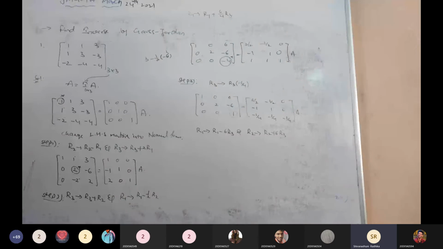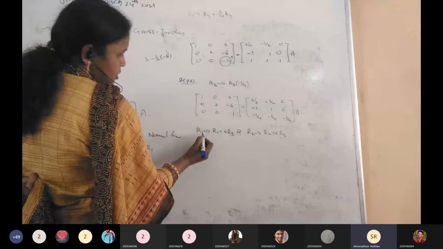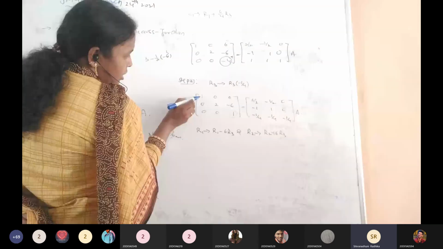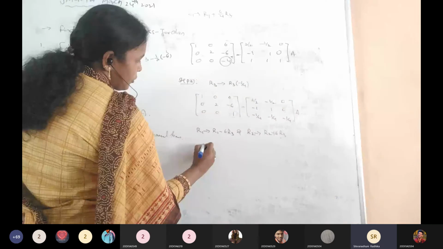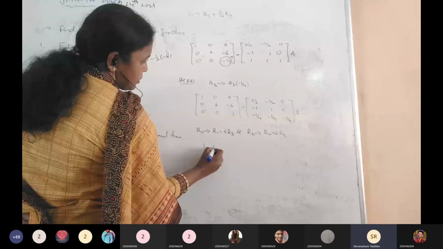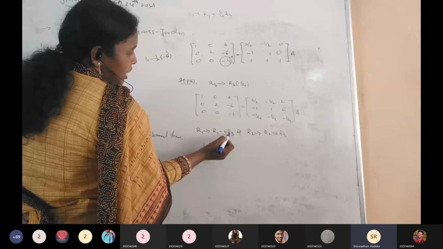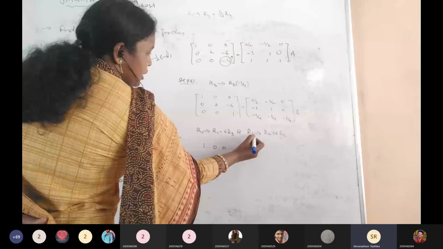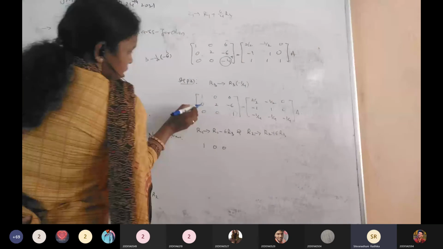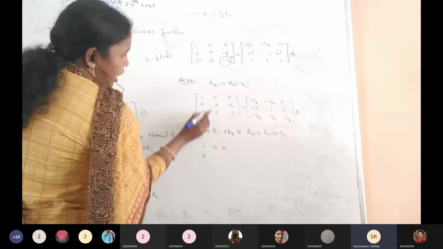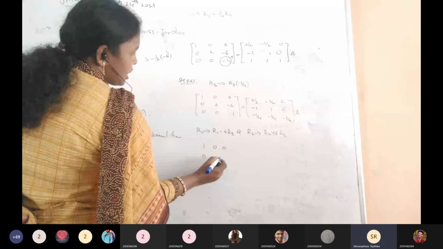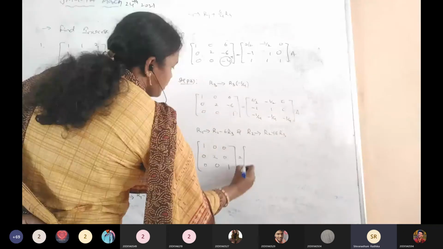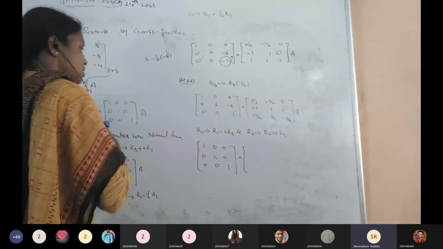Okay, now here R1 changes to R1 minus 6 R3. 1 minus 0, 1. 0 minus 0, 0. 6 minus 6, 0. Hype in the calculation part. So second row, R2 plus 6 R3. 0 plus 0, and 2 plus 0, 2. Minus 6 plus 6, 0. The third row is constant: 0 0 1. Okay, so that is equals to R1 minus 6 R3.